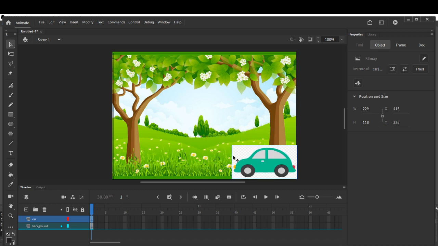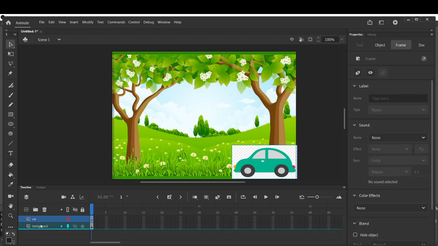Right now it is not as good as you want, but after various practice we can keep only the car without this image. We can cut this by using the different tool options, and then we can have only the car here. So now we have two layers, children, one is car and one is background.